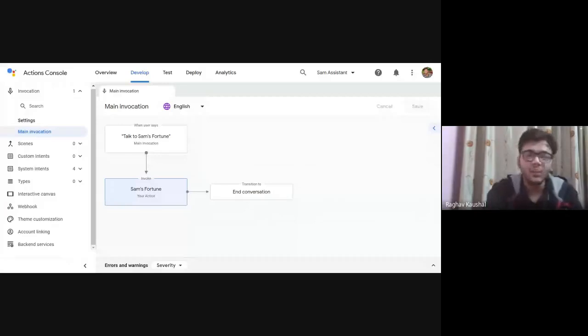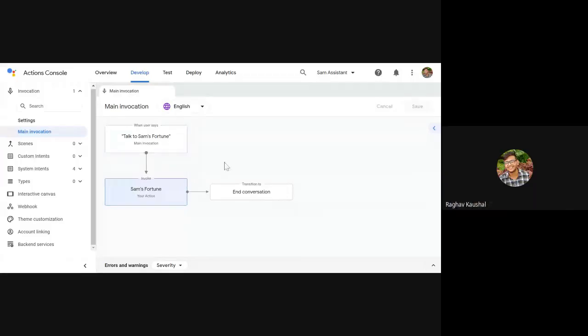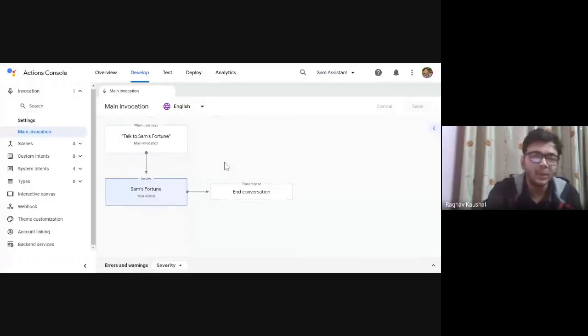Whenever your assistant hears this voice, OK Google or Hey Google, it will invoke an action, which will be the first action. You see here it says main invocation, talk to Sam's Fortune. So whenever I say talk to Sam's Fortune, it will invoke an action, and that is going to be our first action, and it will go here. It's pretty simple, I guess.